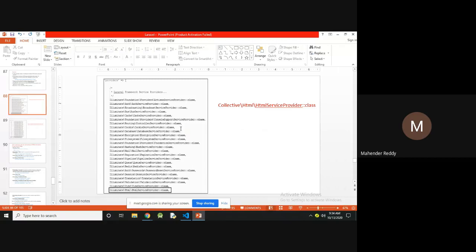So here in the app.php file there are providers and aliases. Two types of arrays are available in it. In the providers you have to add the service provider. By default, Illuminate is available. Whenever you are using the latest version, Laravel 5.8.x, then you have to use this package: Collective\Html\HtmlServiceProvider::class. In previous versions of Laravel, you can directly use Illuminate\Html\HtmlServiceProvider::class.